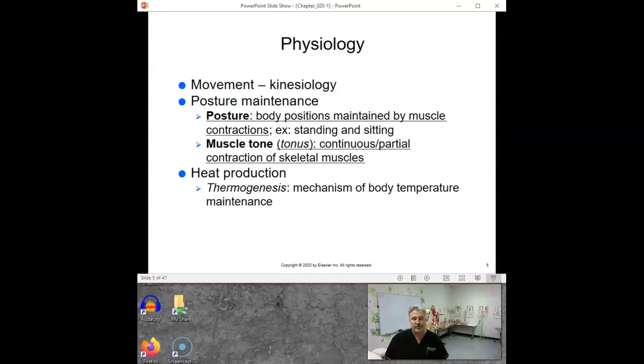Your book uses a term called muscle tone, and what they mean is muscle tone as it refers to posture. I don't actually really care if you even remember this term, but I want you to understand something. When I'm standing here in front of you, what my muscles are doing unconsciously is tiny little strands are firing off, and when those strands get tired, other little strands start firing again to hold me in this position, and that's called muscle tone. It's this continuous partial firing that goes on that makes me able to maintain a posture. Because if I wasn't using my muscles right now, I would just collapse down here.